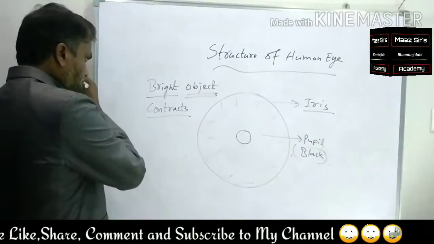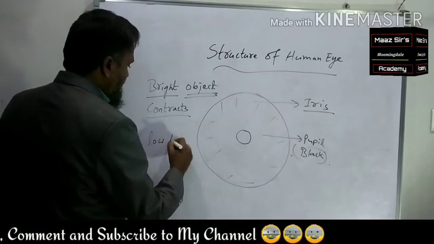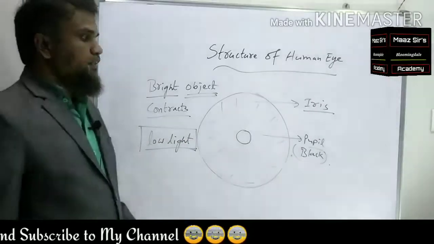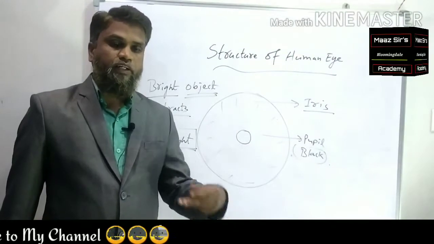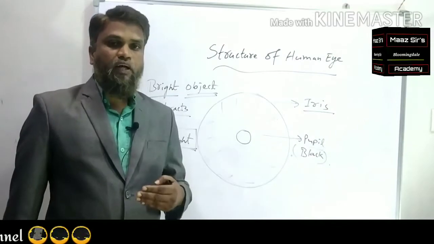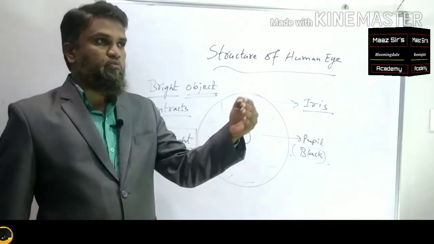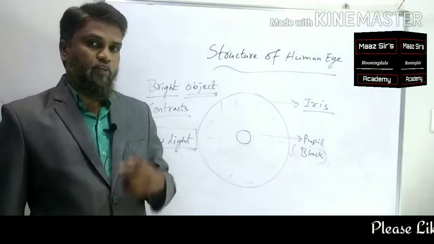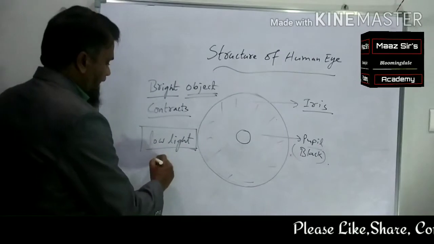For example, in low light condition, if the light is very low, generally you have seen, for example, whenever there is power off and the current is not there in your house, all of a sudden it will be blind in front of your eyes, but after a few minutes, you will be able to see some objects in a blurred image. Why is it happening? Why are you able to see? What happens here is that the iris expands.